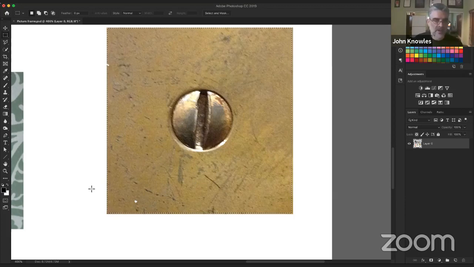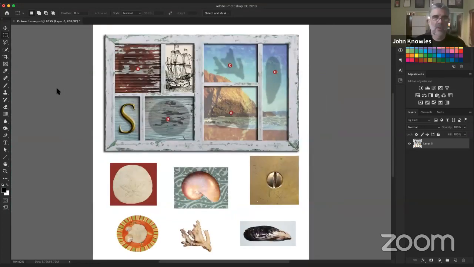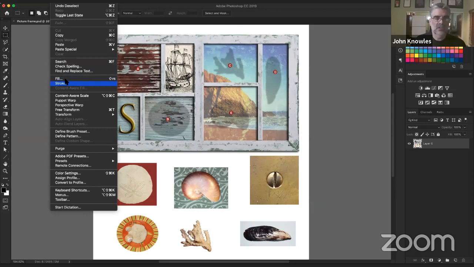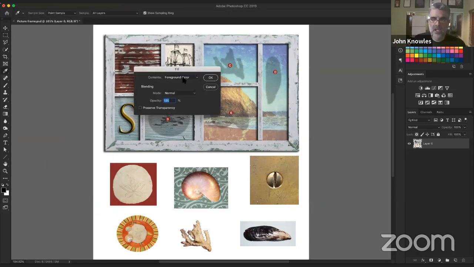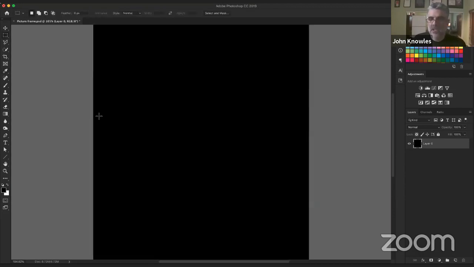If I don't select that image and I go up under Edit and Fill, which is the basic command for filling anything, I want to fill with a foreground color, which by the way is set to black. We'll get into that in a minute. Okay, I've just filled the entire image with the foreground color because I didn't give Photoshop any boundaries. I didn't say only fill this part. I didn't give it that command. I just said fill the whole darn thing